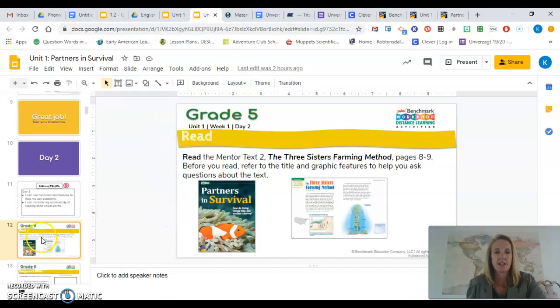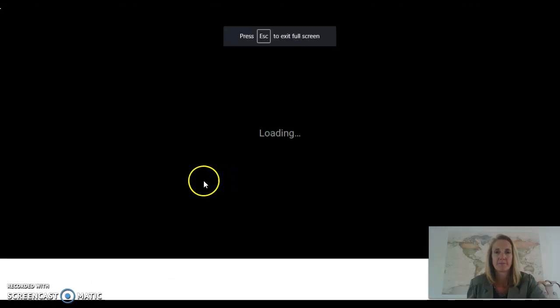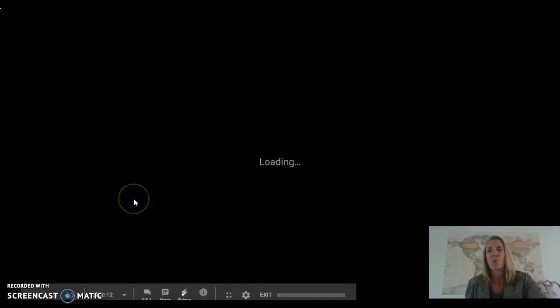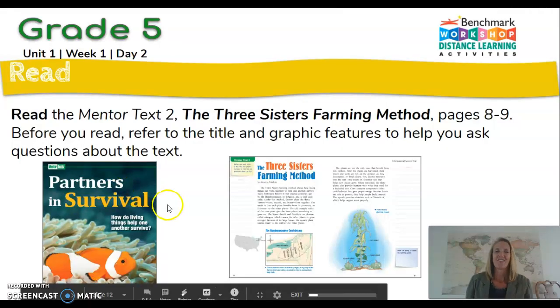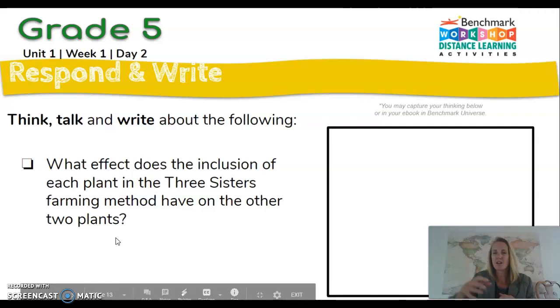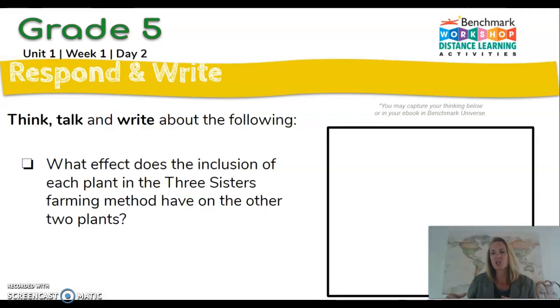When you're done reading, and I shouldn't even say when you're done, while you're reading, I want you to think about this additional question. What effect does the inclusion of each plant in the Three Sisters farming method have on the other 2 plants? Okay, so while you're reading, really pay attention to each one of the plants and what they do for